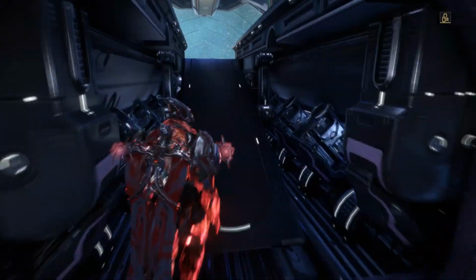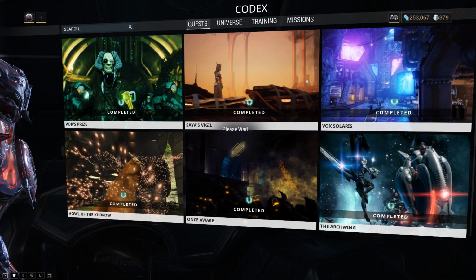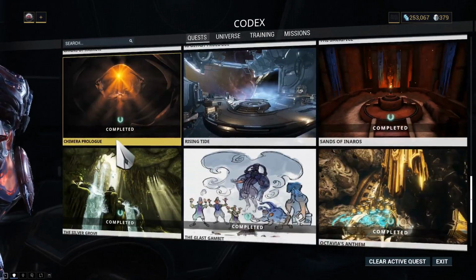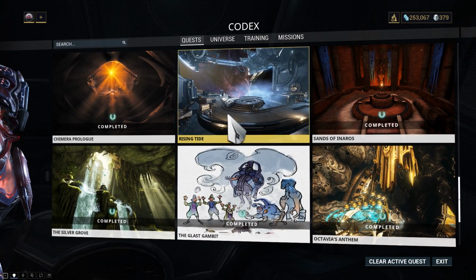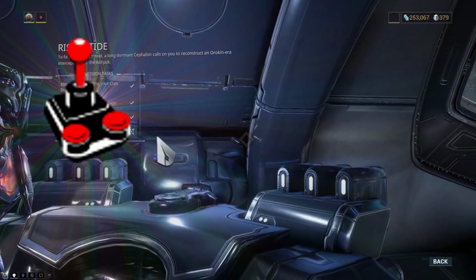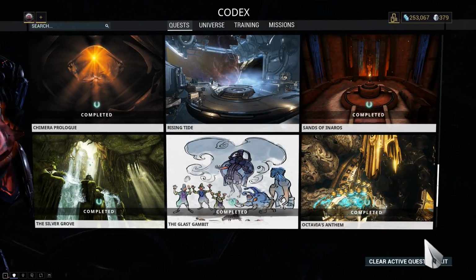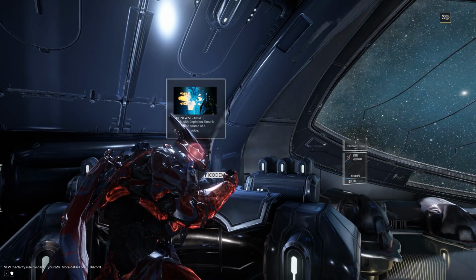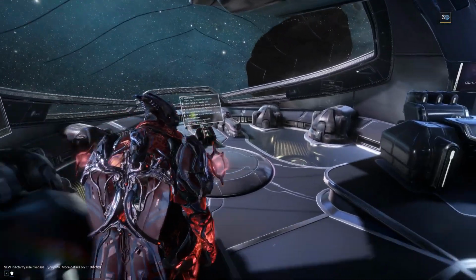After that, what I recommend you do, you go into the quest over here. So Codex quests, scroll down to Rising Tide, click on Rising Tide, and make this your active quest. Once you have done that, you already have built Cephalon Cy, and you made it an active quest, you just go back in,